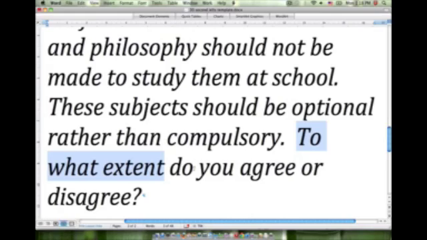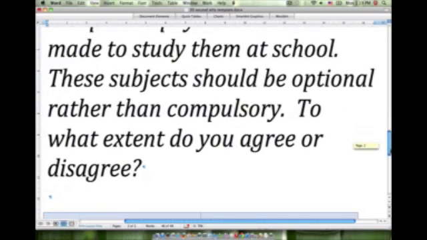And as always, for the sake of our mark, we're going to choose to agree 100% or disagree 100%. We're not going to choose a position in the middle, as those kinds of positions are difficult to write and will most likely cause us to make grammatical errors and awkward wording choices. Okay, now that we understand what the question is asking, let's do a quick brainstorm together before starting our essay.